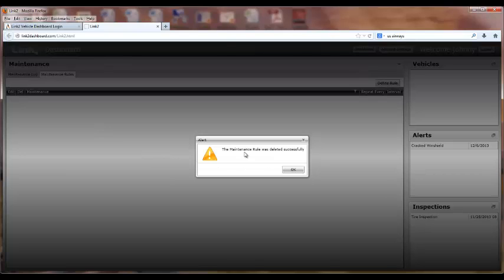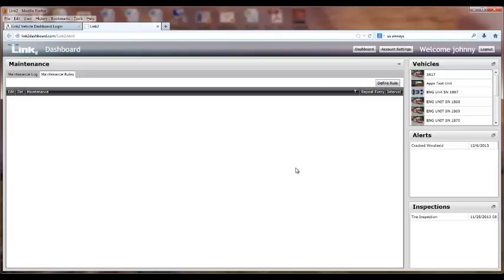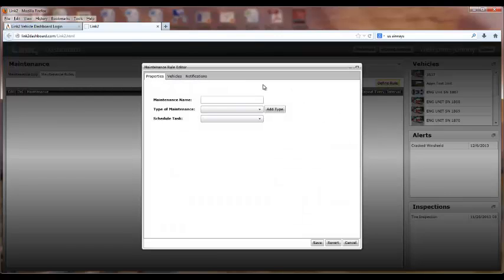After that, a dialog will show it says this maintenance rule has been deleted successfully. So let's go back and redefine that oil change maintenance rule. Simply press the Define Rule button, and the first screen you're presented with in the Maintenance Rule Editor is the